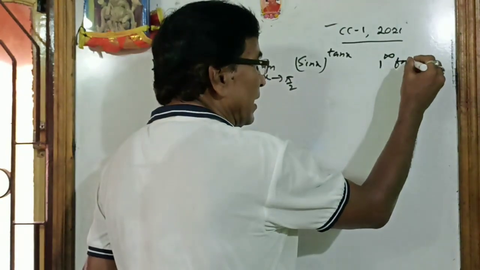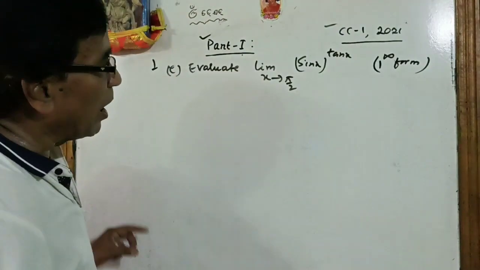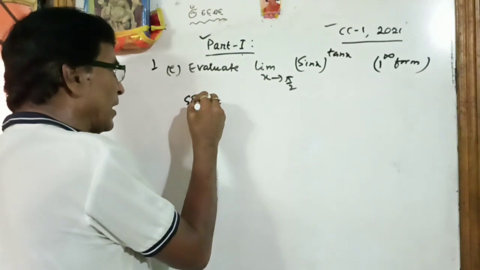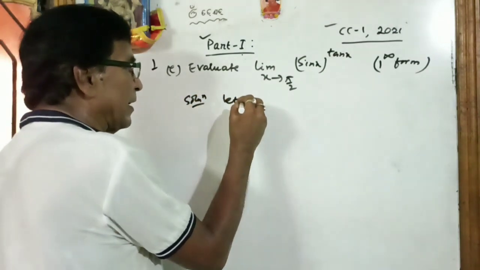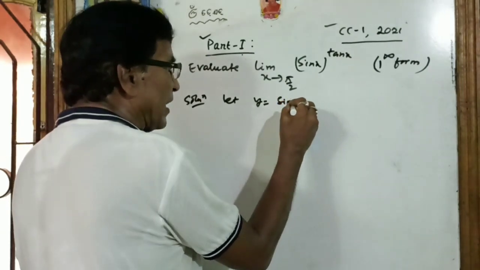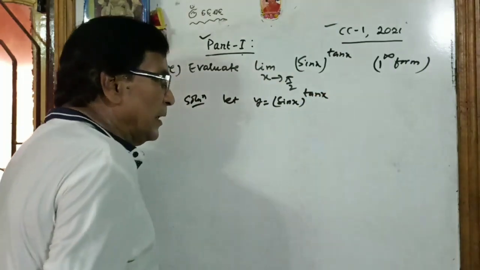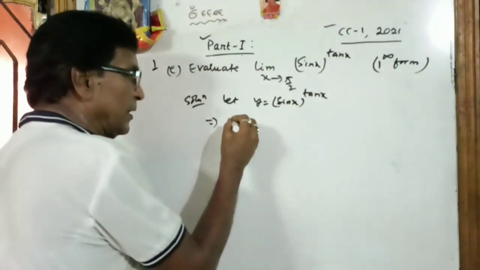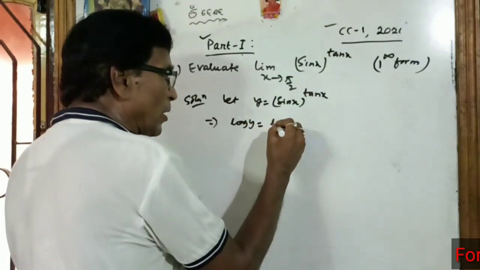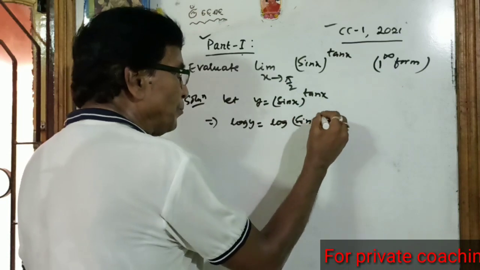So here you see the limit is of the form 1 to the power infinity. So how to evaluate that? Solution: let y is equal to (sin x) to the power tan x. Now taking log on both sides, log y is equal to log of (sin x) to the power tan x,